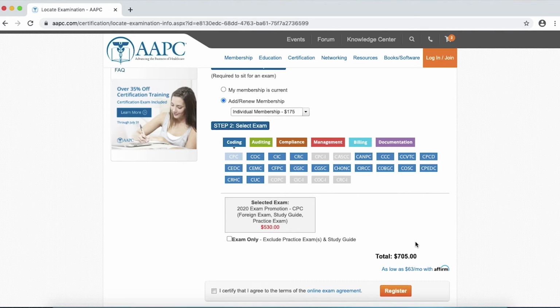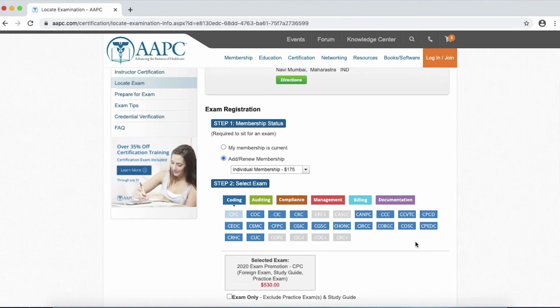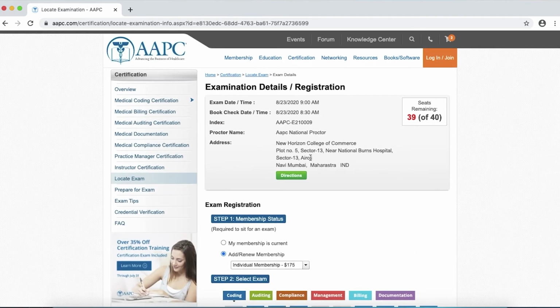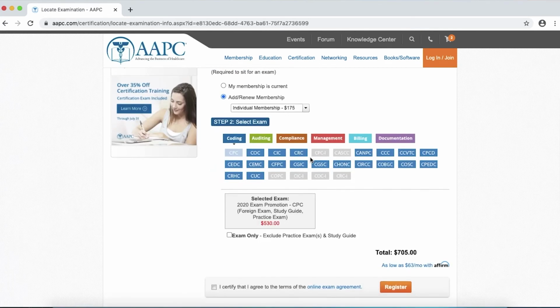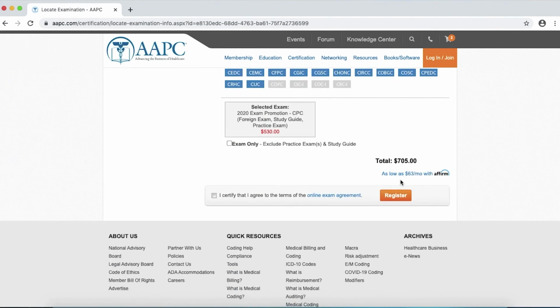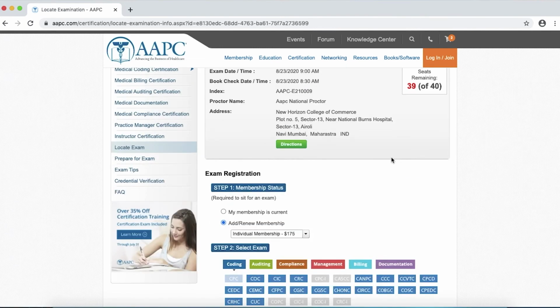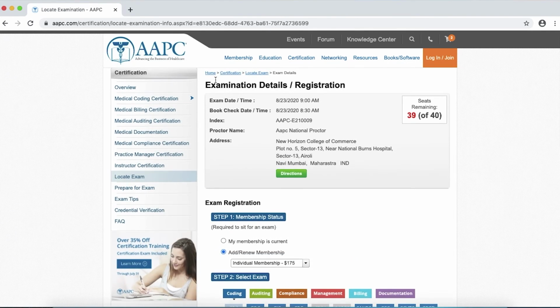So this is the in-person exam which is held in the center, and when you go to the center, you will be given the books, because as we know, this is an open book examination. So you will be getting the books in the examination center: ICD, CPT and HCPCS. They'll give you the books, and they'll take them back once the exam is over, right? So that's how you book for the examination on AAPC's website, whether you want to give this exam online right now or in future in a center.